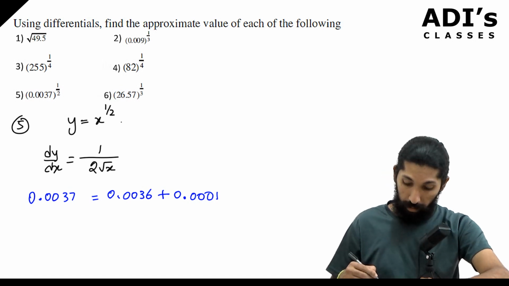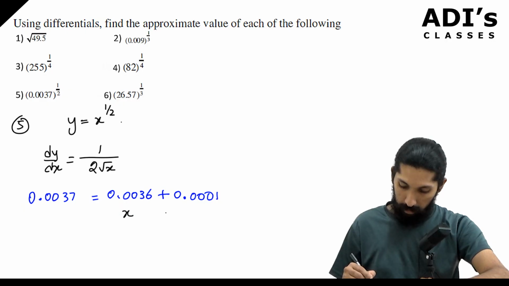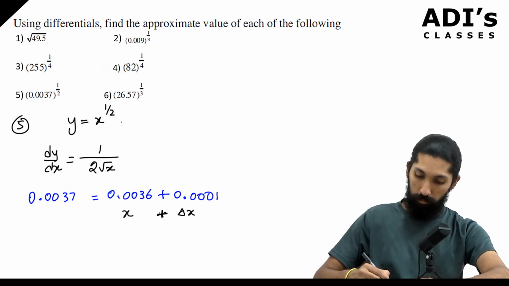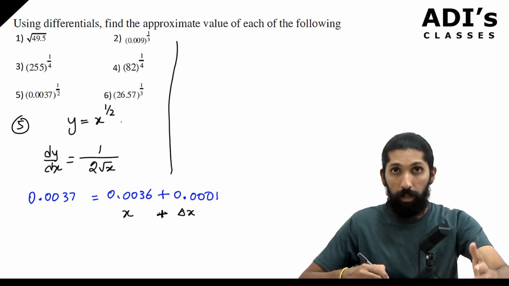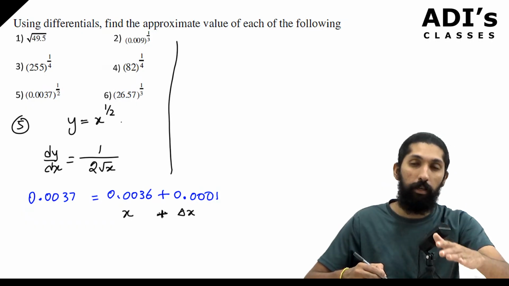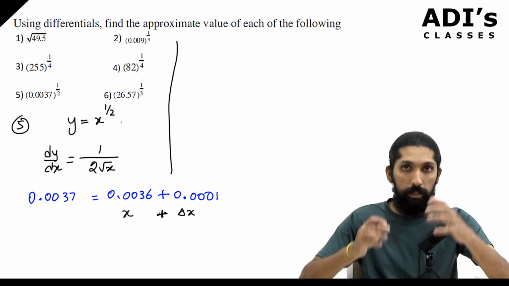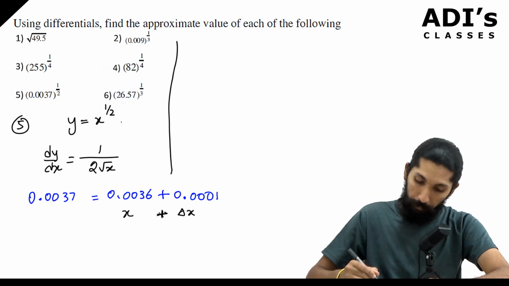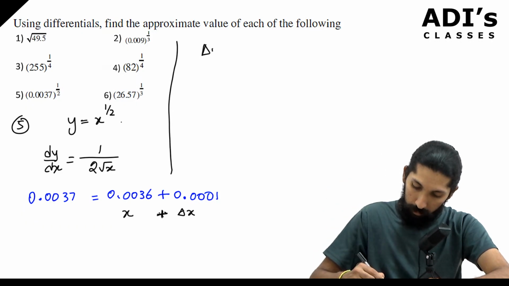Now what do you do? X and delta x. Right? Now, substitution and getting the value of delta y directly, not delta x. Guys, I'll do it directly. Okay, I'm not going to do dy by dx, whatever. So you have delta y equal to dy by dx